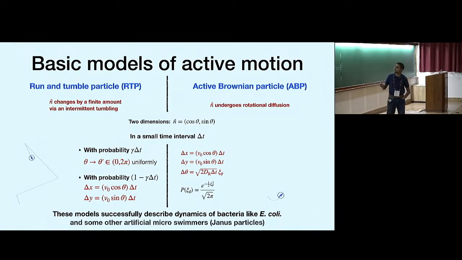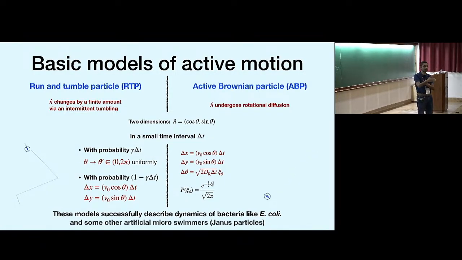In the run and tumble particle, the system is in 3 dimensions, but for simplicity let me just confine to 2 dimensions. It's easier to describe. The n hat changes its direction at a rate gamma. What it means is, if you observe your system under a microscope after every time delta t, then in a time delta t with a probability gamma delta t, n hat, which in 2 dimensions can be defined by the angle theta because the components are just cos theta and sin theta,